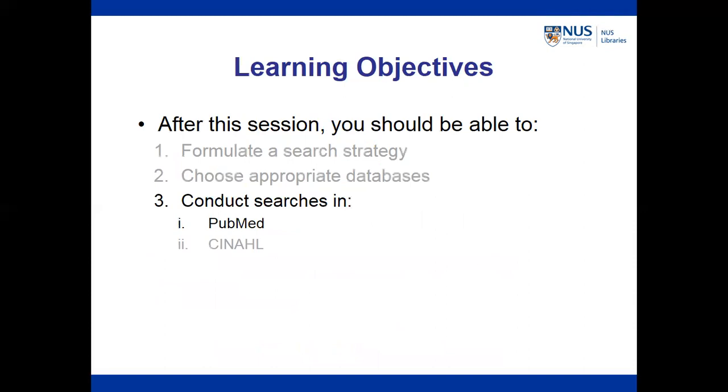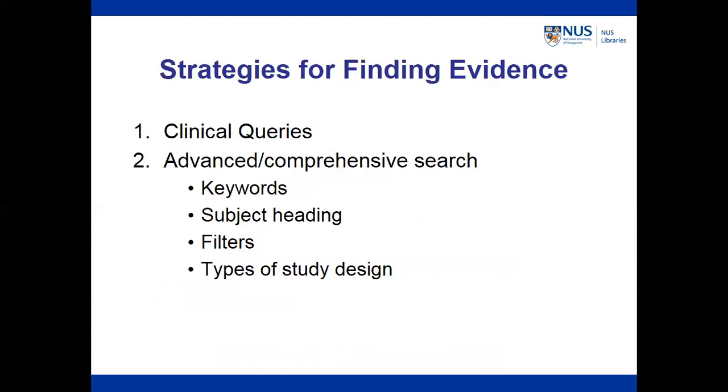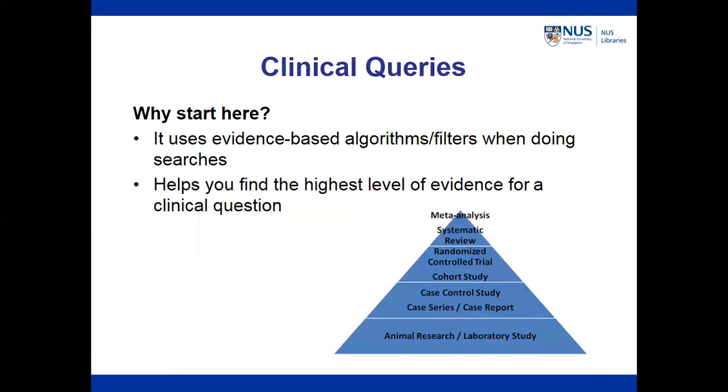In PubMed, one of the useful tools you might want to explore is called Clinical Queries. This is one of the strategies for finding evidence other than doing a comprehensive search by using the techniques you had learned just now. Filters and study types will be mentioned in the later part when we are at the PubMed result page. To see current best evidence, always begin your search from the high up in this pyramid, as they are more likely sifted, synthesized, and